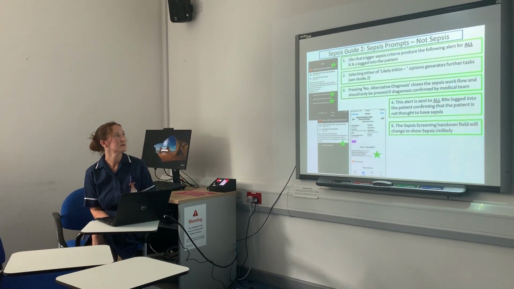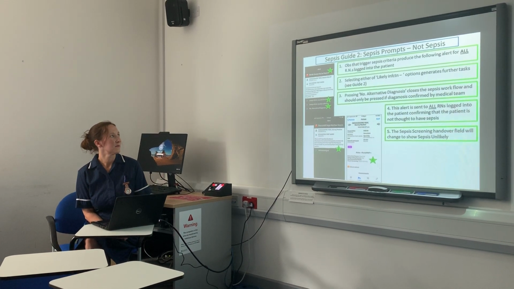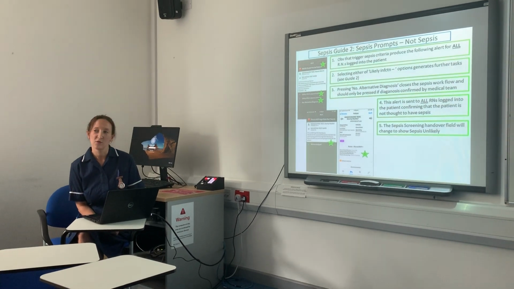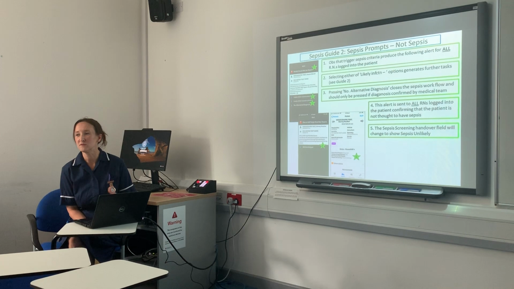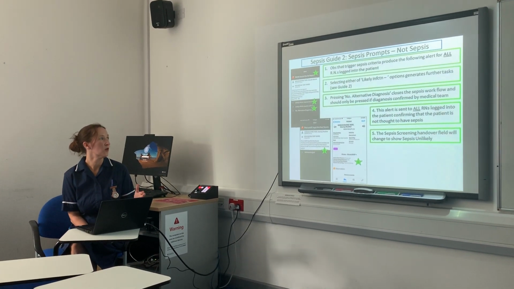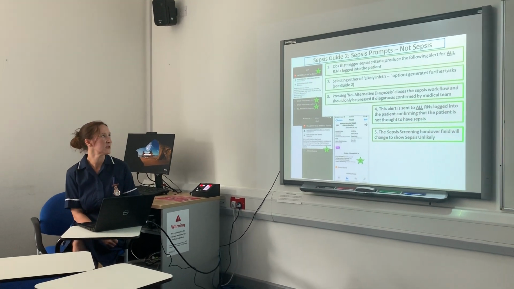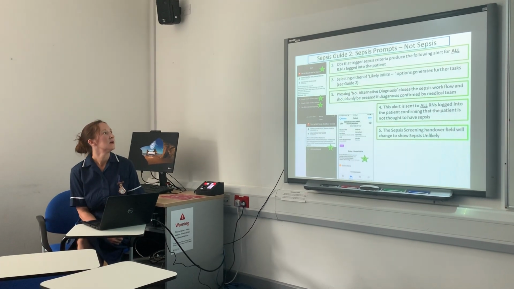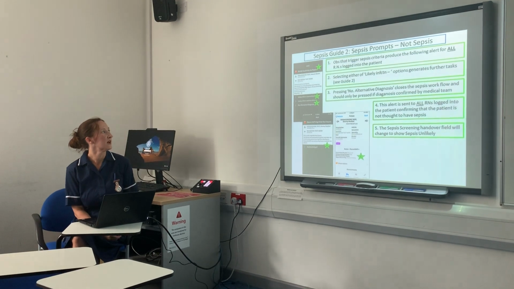Firstly, we're going to look at a trigger, an alert that comes to all the registered nurses on the ward, and what they would do if they thought that patient didn't have sepsis. And that could be because the patient is known to have a cardiac issue and therefore has a high heart rate, or any other reason that you've already got acknowledged. So when those obs are admitted, every RN would then get an alert, and it says up there to